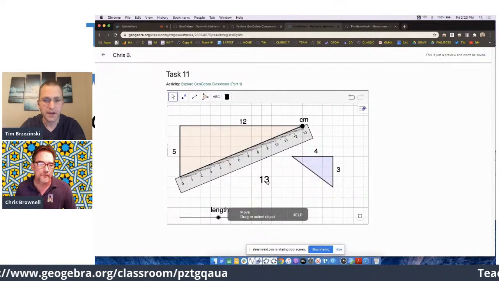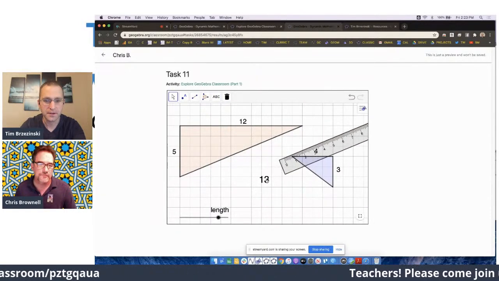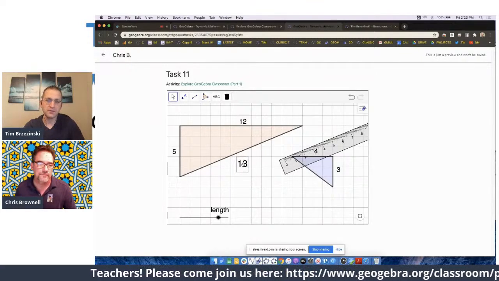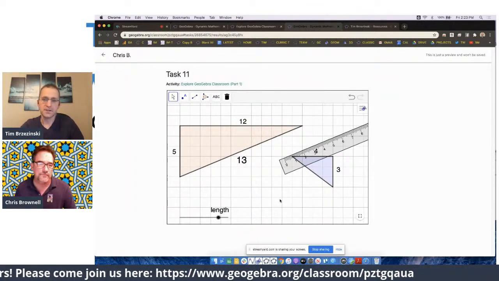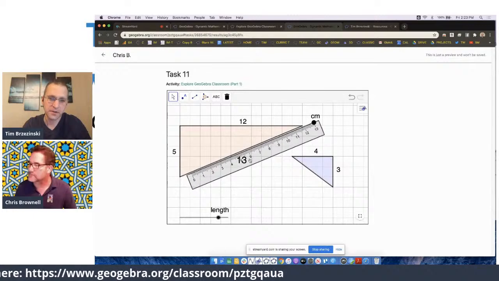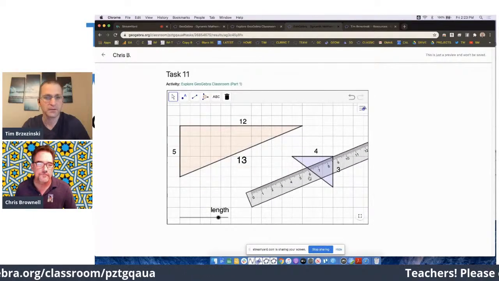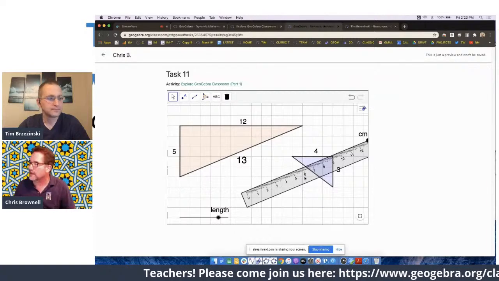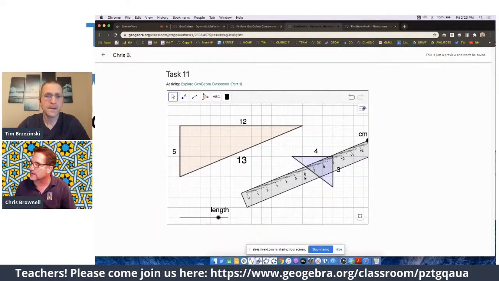Right. And I actually can take this and just put it right where it goes. So as a student, you could do that. And so I, the teacher, could see your work. I could see you measuring, and you could take the extra second to record that right within your virtual workspace here. Nice. Okay.